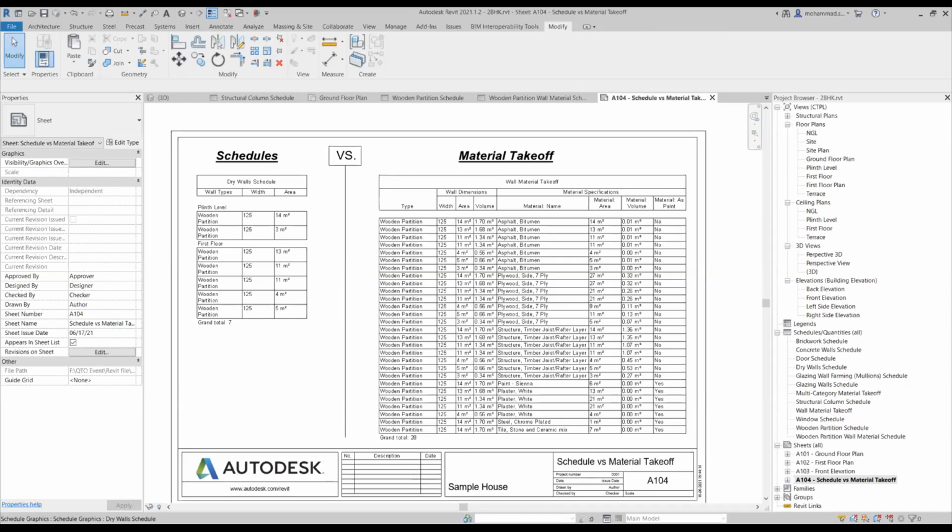Sure. Also, are the same schedule properties available for MEP schedules? Yeah, for MEP, these are also similar properties. If you allow me, I can show one example from another project where we extracted MEP quantities as well. Since I'm an architect and relate more to architecture and structure, I'm giving examples more from the architecture discipline. But if you allow me a minute, I'll share my other screen. Sure. I can open the MEP model.